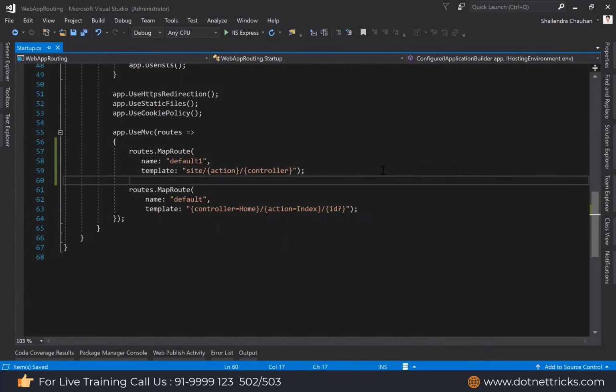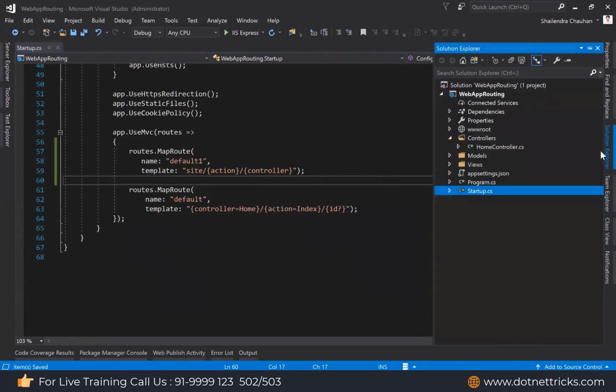This is a template. The routes are exactly the same as the routes we have in real life. Let's say we have two places, place A and place B. Between place A and place B, we have multiple routes in real life. So it's up to you what route you follow for going from place A to place B. In the same way, it's up to you what route you follow to access any page in your ASP.NET Core application. So now you have two choices: either follow the default one route, or follow the default route.